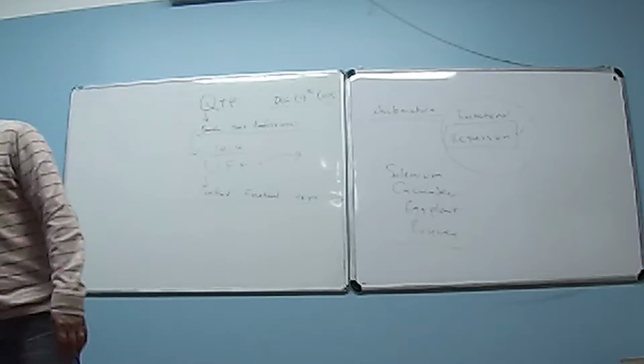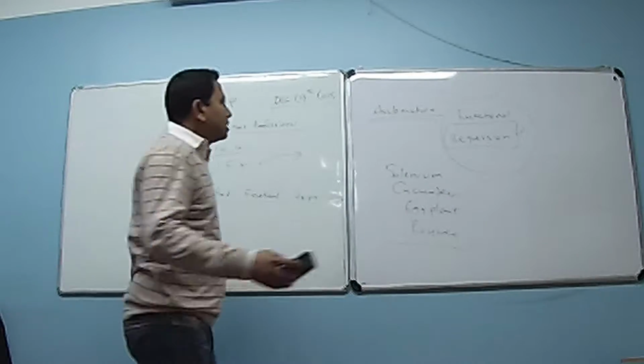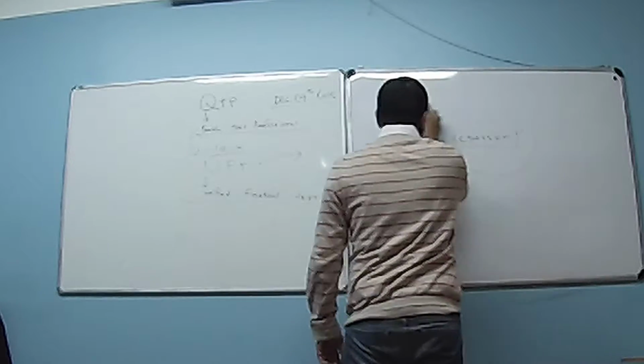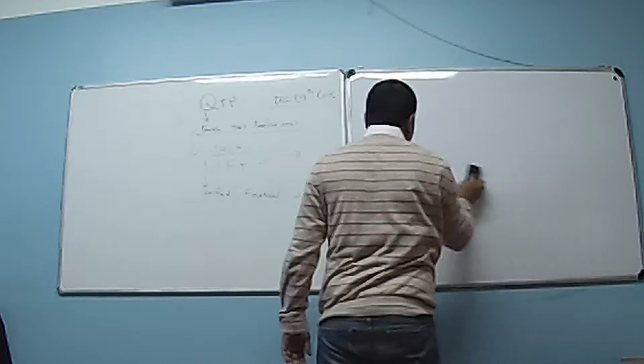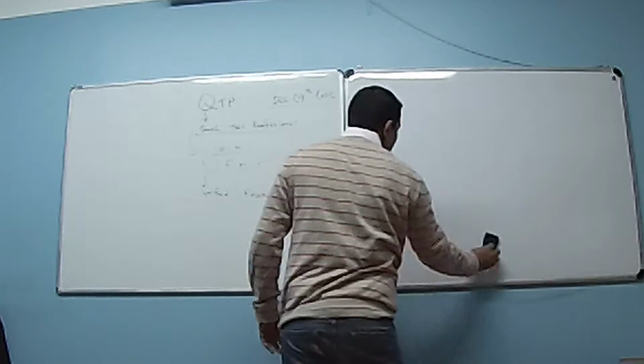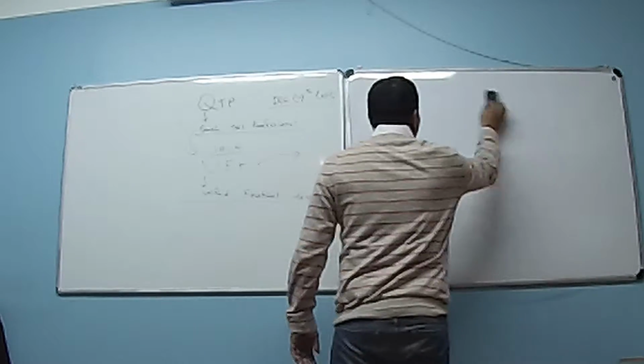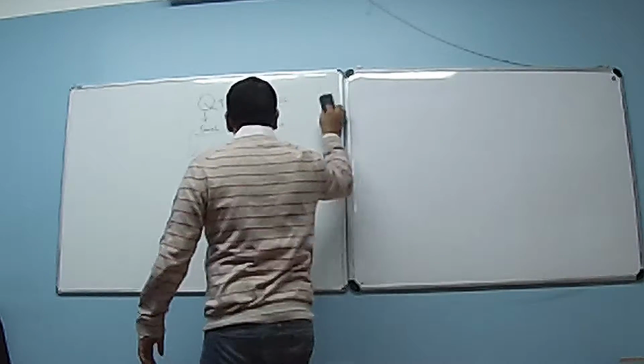QTP had a mass market before. What is the mass market right now? Selenium. Why? Because Selenium is open source. You don't have to pay that much for it. For QTP, you pay licenses as well as help desk. That's why you have to pay a lot of money. Now,